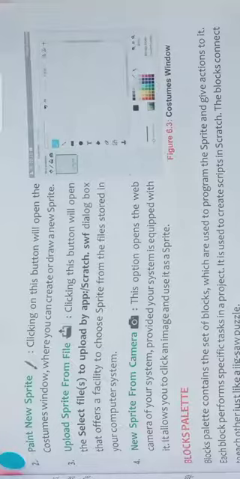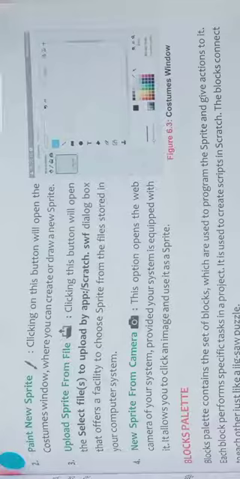This option opens the web camera of your system, provided your system is equipped with it. It allows you to click an image and use it as a sprite. Suppose you are in a very good place or a touring place and you want to take your picture as a sprite, then you can use the webcam of your laptop or computer system.